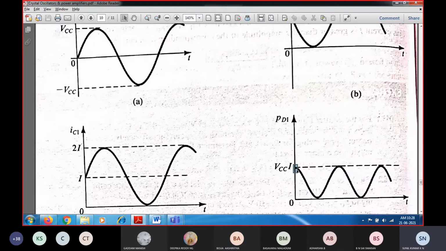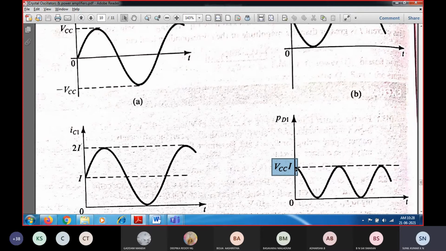So as you increase the input voltage, your power is going to reduce, because this is a static power dissipation. Static power dissipation means when Vi is equal to 0, the power supply delivered to the load will be equal to VCC into I, because of the DC operating point itself. So you'll be getting VCC as the output voltage, and I is the current that is flowing. So you'll be getting VCC into I.